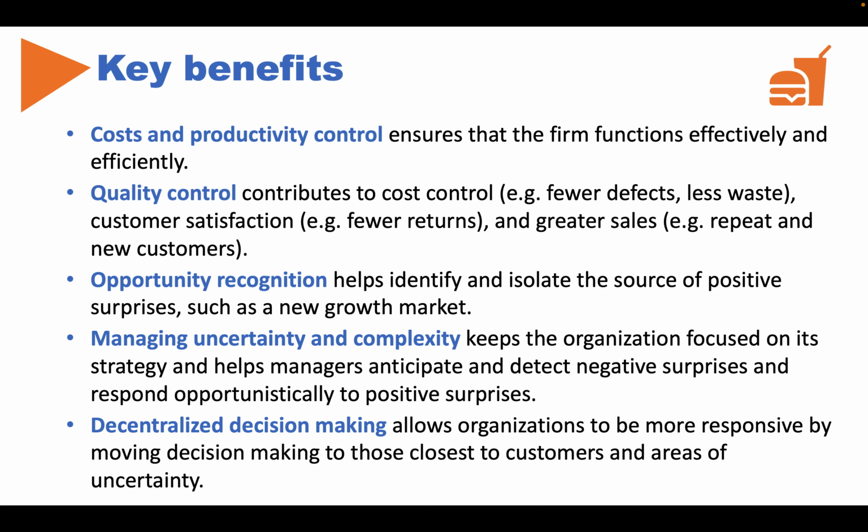So for the cost and productivity control, strong controls will help the organization to be efficient, and they can also act more effectively by helping managers control costs and productivity levels. Costs can be controlled through things such as budgets, where managers can compare the actual expenses with the forecasted expenses. Productivity can also be controlled by comparing how much each person can produce in terms of service or products. So the textbook talks about McDonald's, the fast food restaurant, and productivity at a McDonald's restaurant. That might depend on the speed of the order taker.